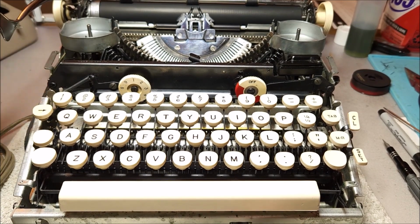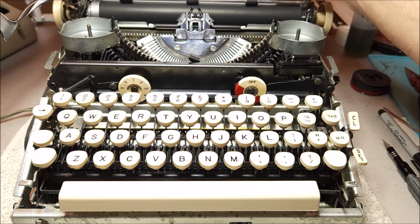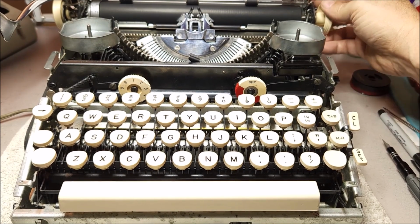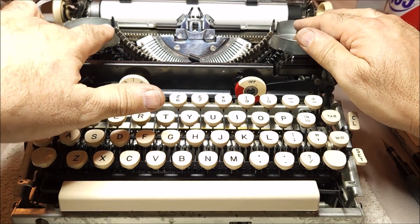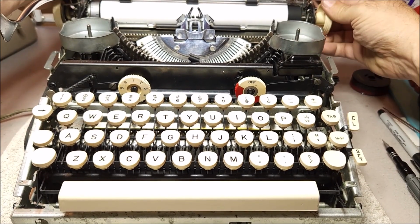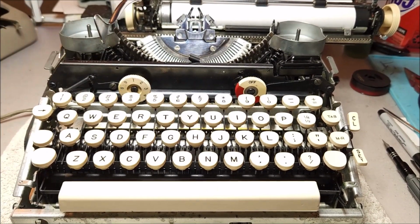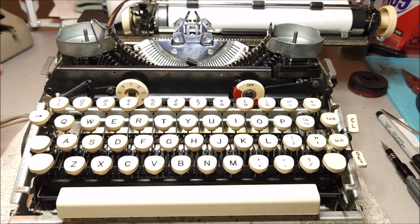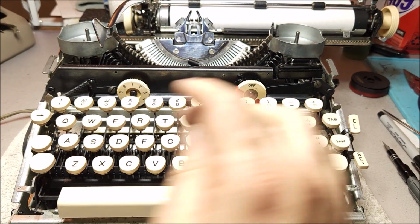It doesn't really matter. So, first off, we go ahead and load up a piece of paper here and show you how everything is meant to operate. Now, you'll notice I don't have any ink spools in here, so this is just a simple demonstration. I put the paper in here just to make sure that I don't put too much punishment on the platen. So, plug the typewriter in, turn it on,